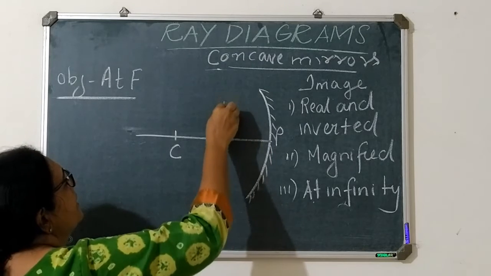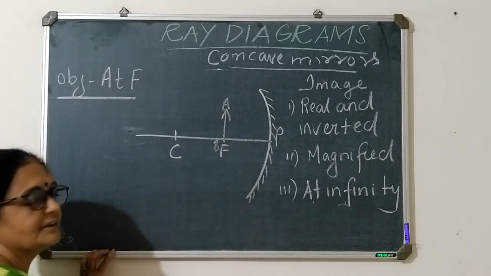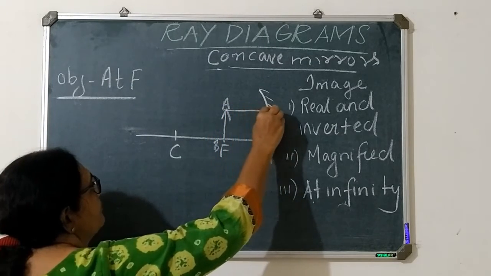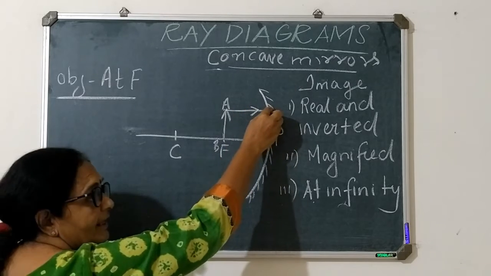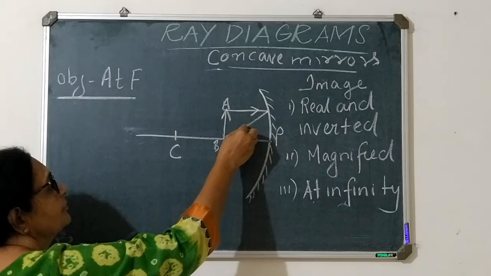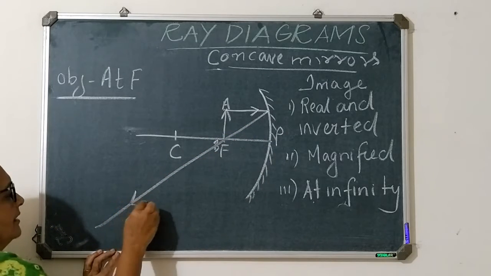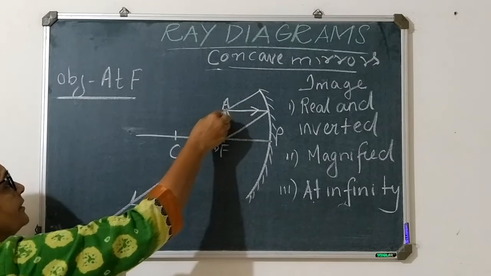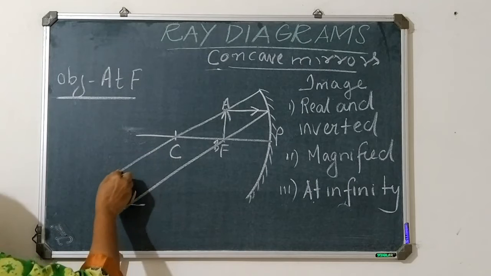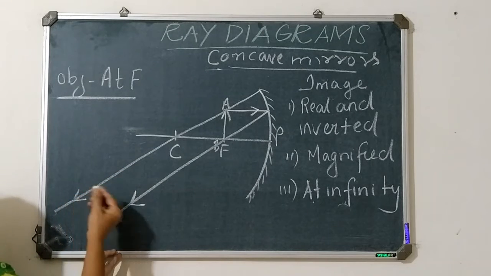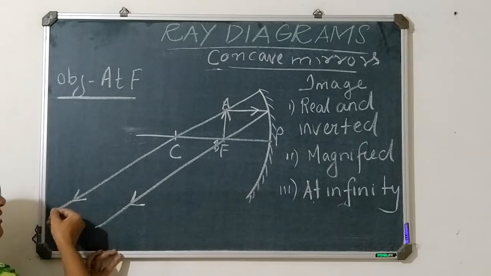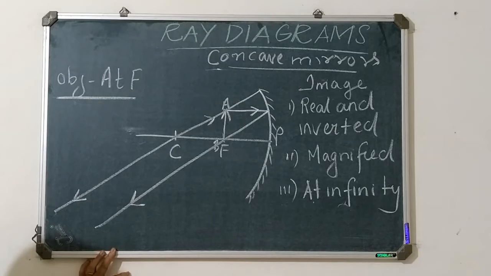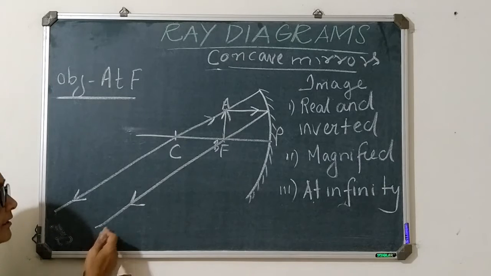Let this be A, B be the object and it is placed at F. આપણને ખબર જ છે one ray, the ray which is running parallel to the principal axis, which is incident on the mirror, after reflecting will pass through the focus. બરોબર? અને બીજો ray will pass through the center of curvature. ખબર જ છે આપણને, જે સેન્ટર ઓફ કર્વેચર ઉપરથી જે રે પાસ થાય છે એ પાછો રિફ્લેક્ટ થઈને ઓપોઝિટ ડિરેક્શનમાં જાય છે.